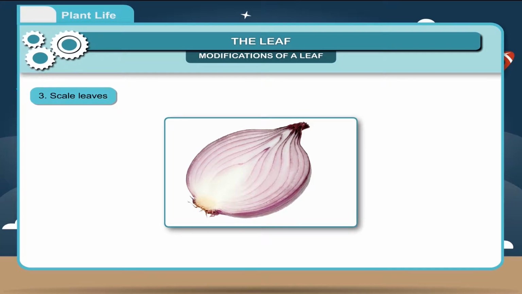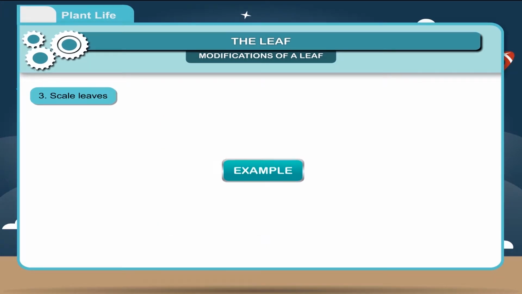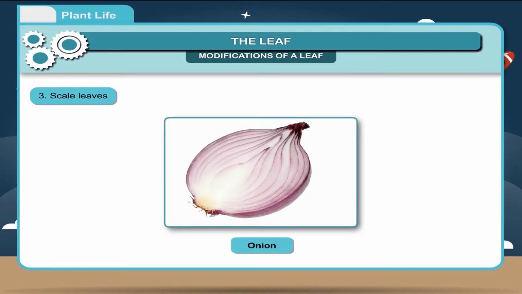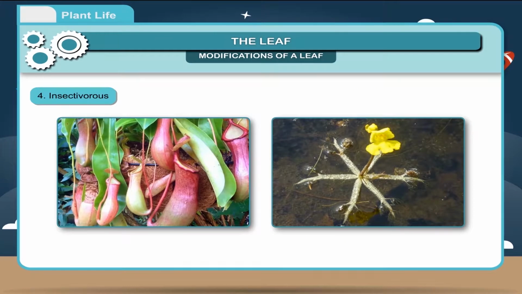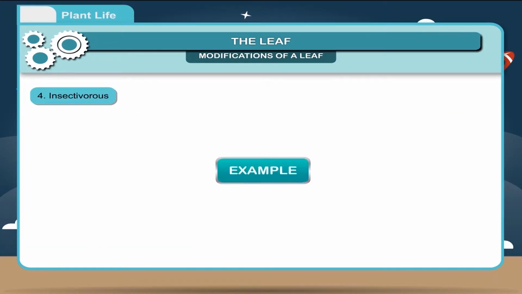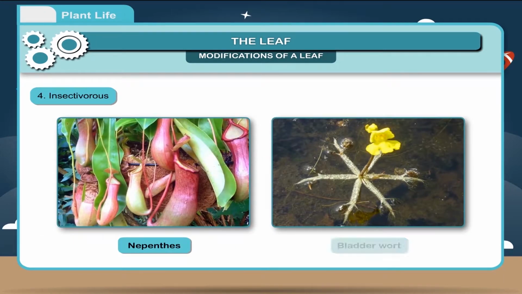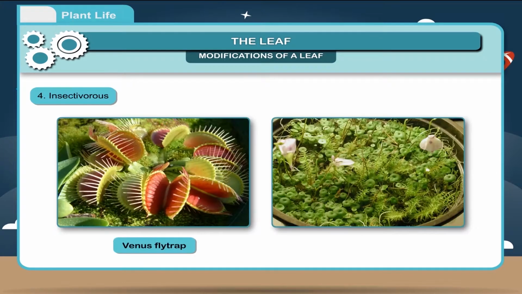These leaves store food in water and become thick and fleshy. Example, onion. 4. Insectivorous. The leaves of some plants are modified into a bladder or pitcher to trap the insects. These plants are called insect-eating or insectivorous plants. Example, nepenthes, bladderwort, Venus flytrap,